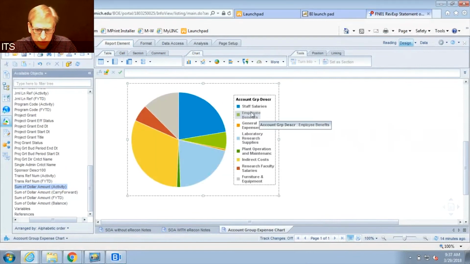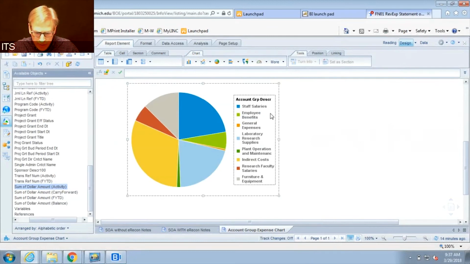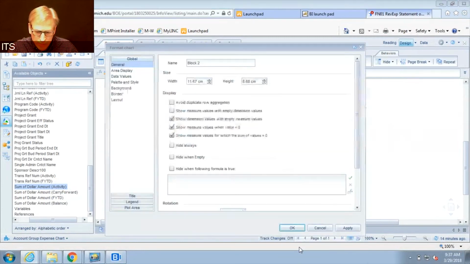Okay, so now we want to put some sort of title or caption for this chart. So I'm just moving my cursor along the edge of this to get the outline for the chart. Right clicking, and I click Format Chart,